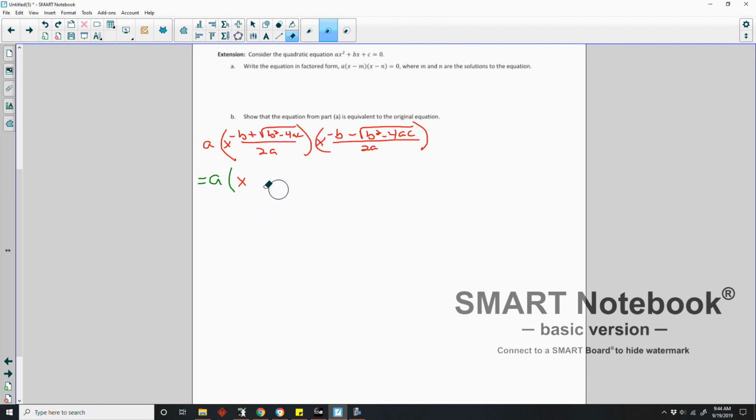Now I'm going to use green. X squared. All right, x times x is x squared. First times first. Outer would be this times this, which is negative b minus the square root of b squared minus 4ac all over 2a times x